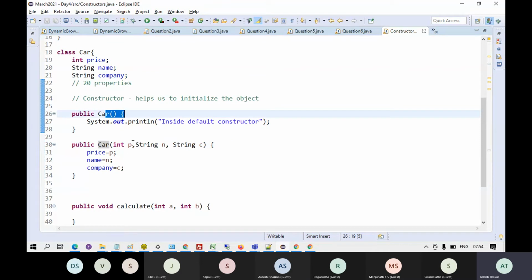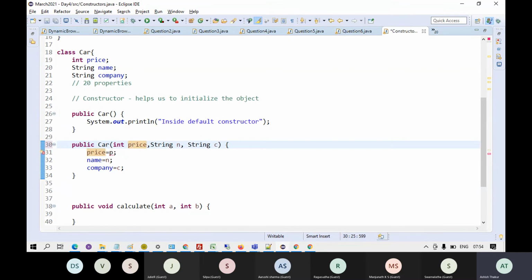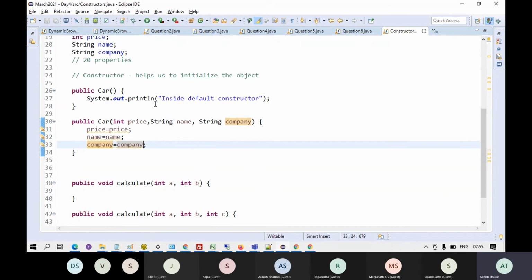Now, if I write over here the variables price, name, company, if I keep three variables over here and I write price equals to price, name equals to name, company equals to company, there are a few rules which you need to understand for constructors.